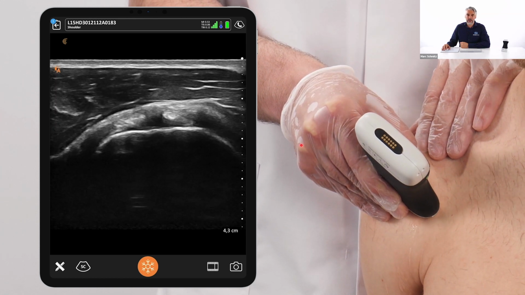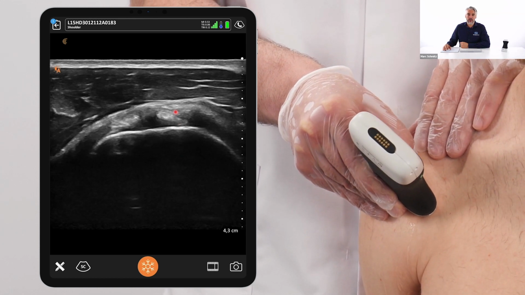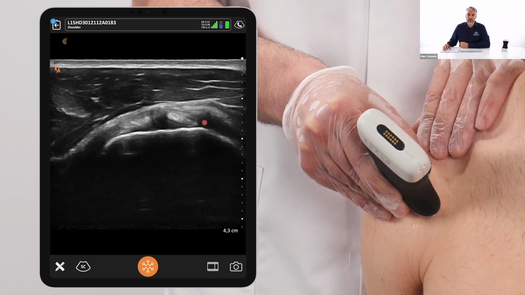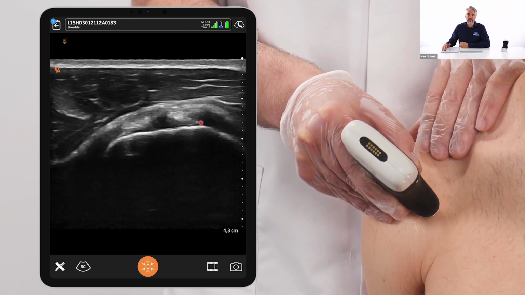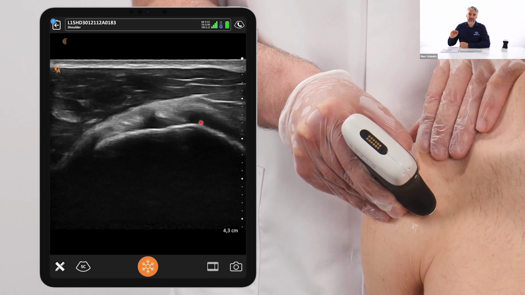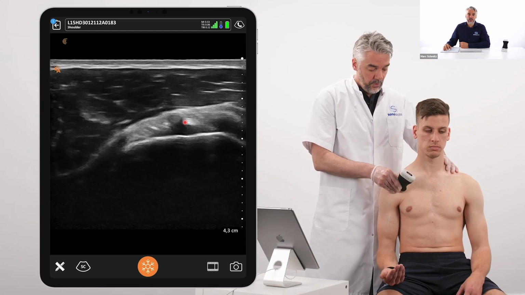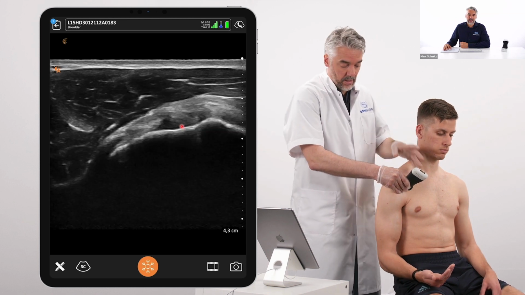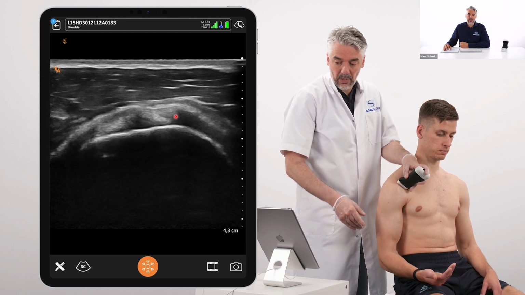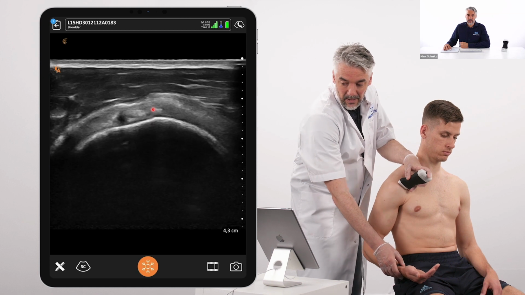Now the transducer has positioned and shifted to proximal. This is the rotator interval. Observe the oblique angle of the transducer on the ventral shoulder, because the tendon tends to go medial to the glenoid cavity. And here we can see the long head of the biceps right there, wrapped in the coracohumeral